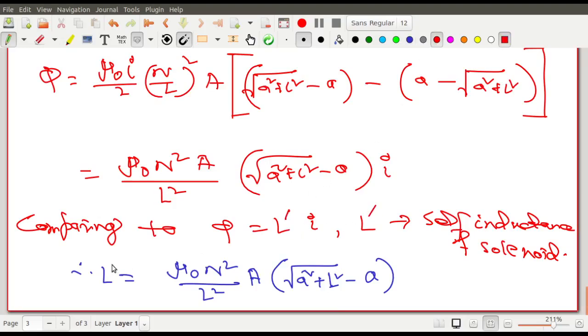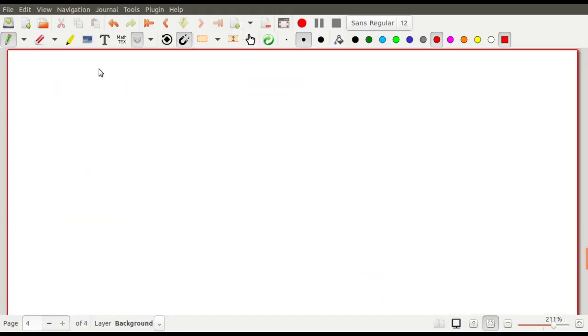The self inductance you just take it to be L dash, but please make a correction at the time of exam. Don't do it this way in the exam. At the time of exam you take small l to be the length and capital L to be the self inductance. Here I have done it mistakenly, so please check and correct it yourself. That is fine. And if it is a long solenoid,